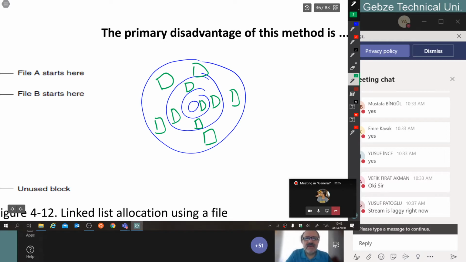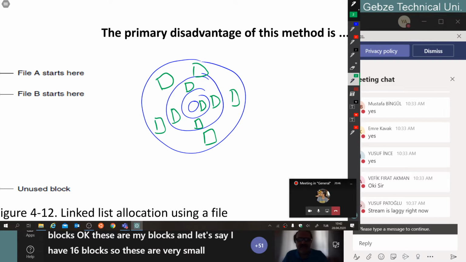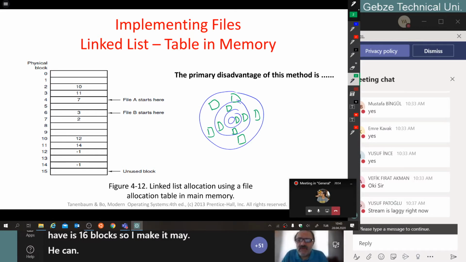Okay, in my disk partition, let's say these are my blocks, and let's say I have 16 blocks. So this is a very small disk. All I have is 16 blocks. So I make an array of blocks in my main memory, and I say that